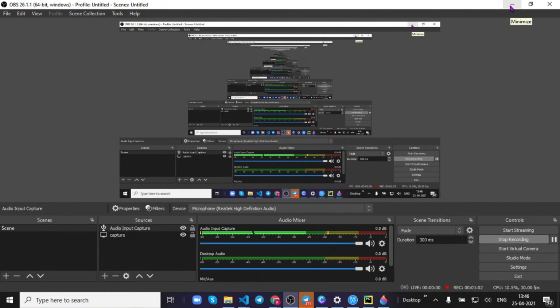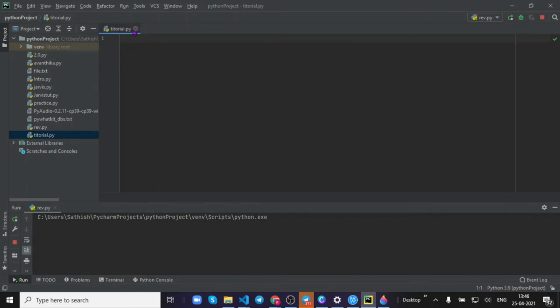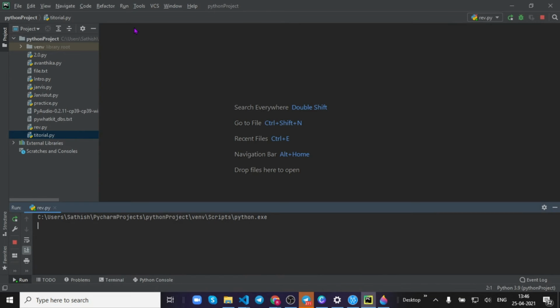After you press finish, you'll go to this window right here. Then your window will appear like this. Okay, you can create a new file by right clicking here on this Python project folder,